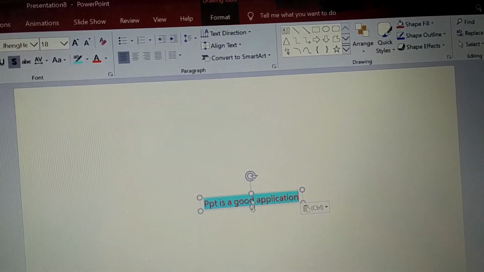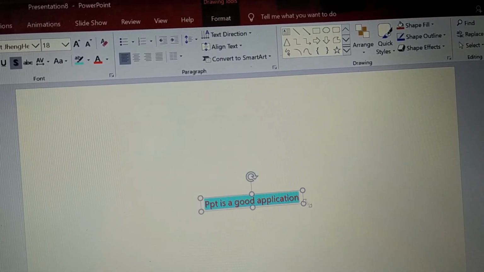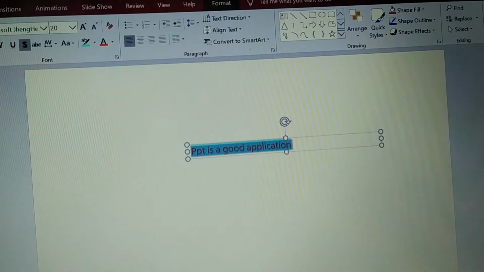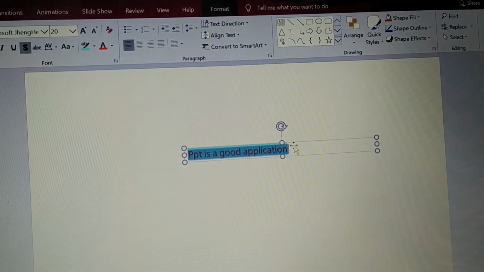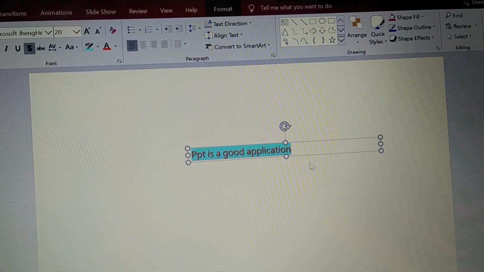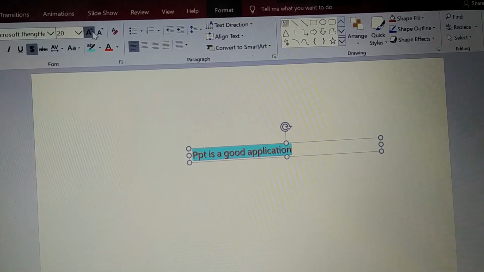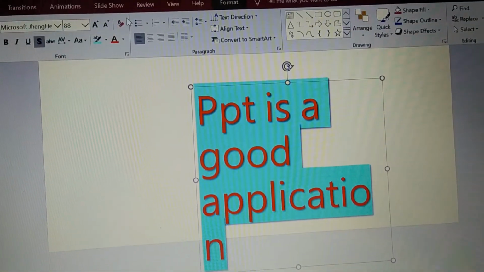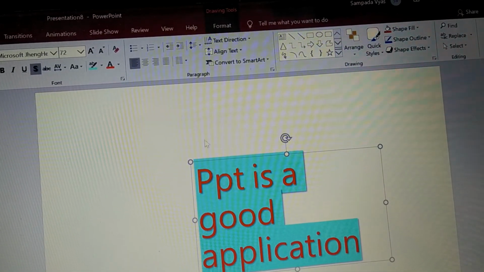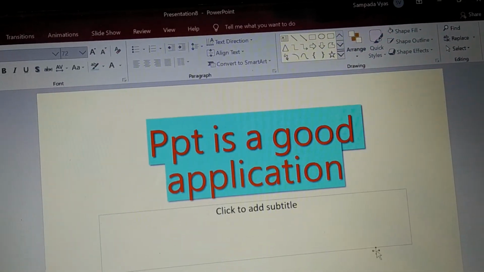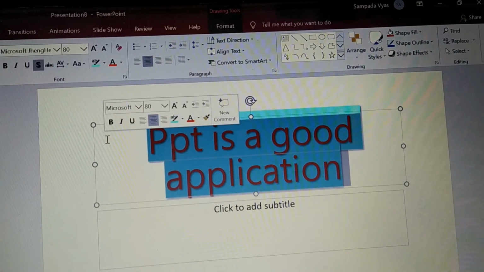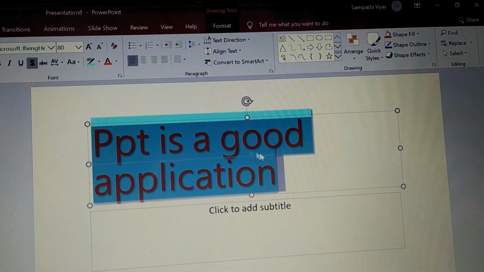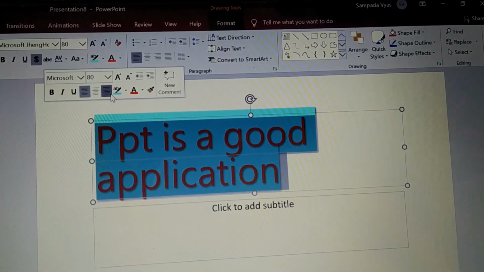Now these letters are small, you can make them bigger by selecting like this. See, it is bigger. Now we do not want this much, so we will make it a little smaller. Okay, this is better. Now we will again change this to this side, either to this side.